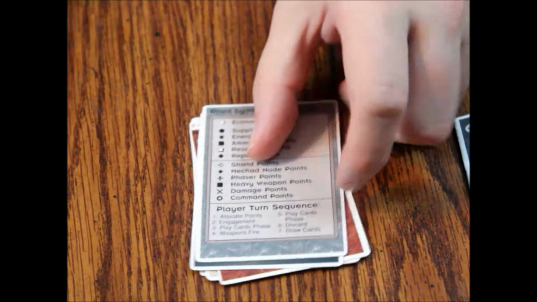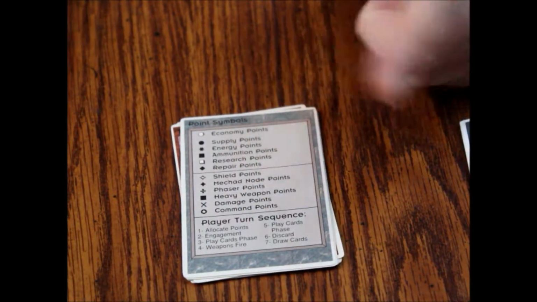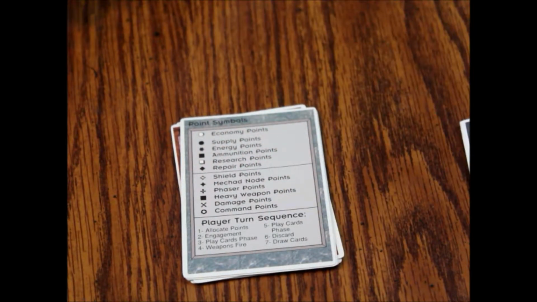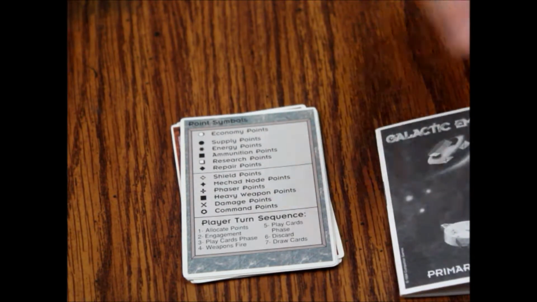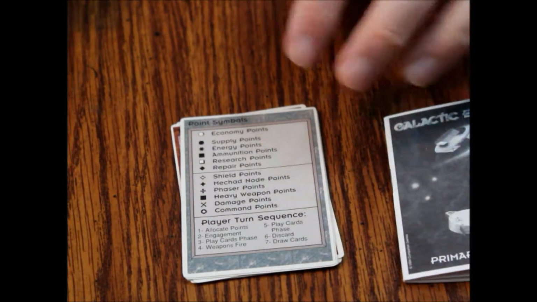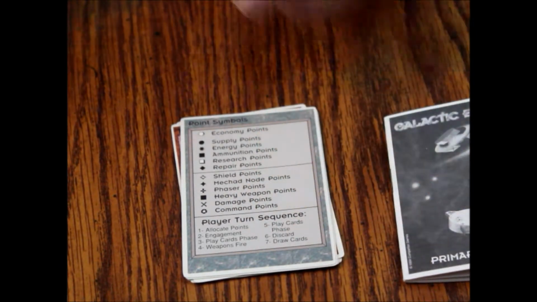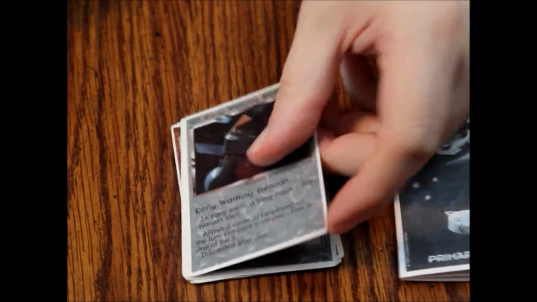Here's the point symbols, so you know what all these symbols mean. You have a little cheat sheet card in here, which is really cool. Really helps with knowing, you know, instead of consulting the rule book every time. It's got a little turn sequence down there. It's not that complicated of a game if you're using the cheat sheets. It really helps. Then we have an early warning beacon